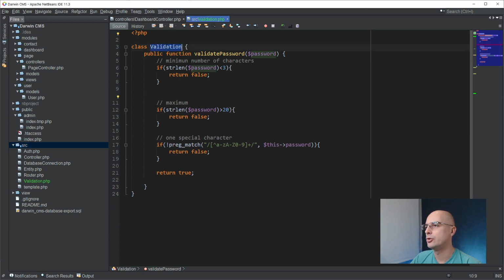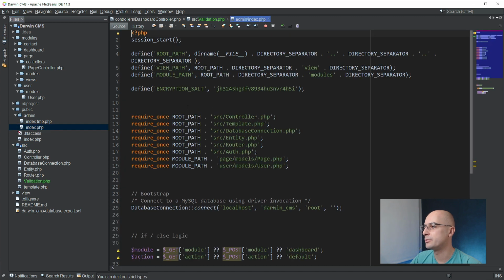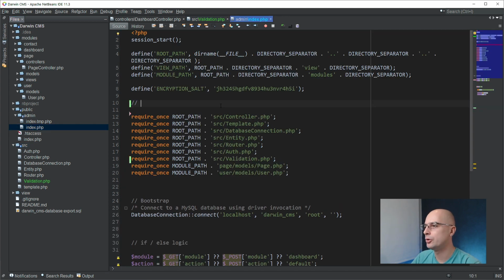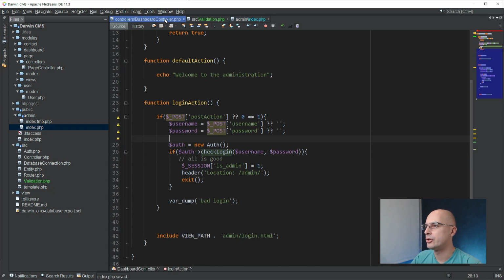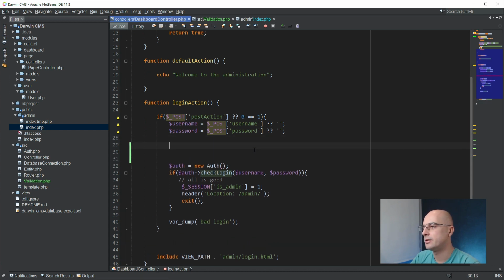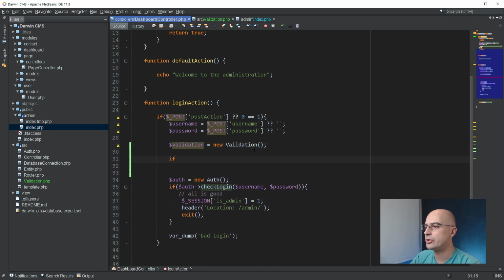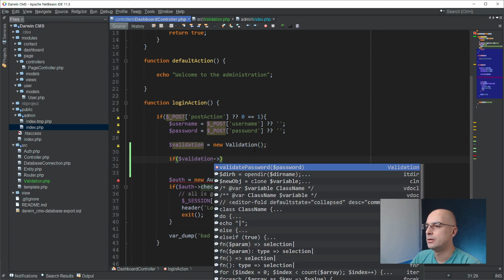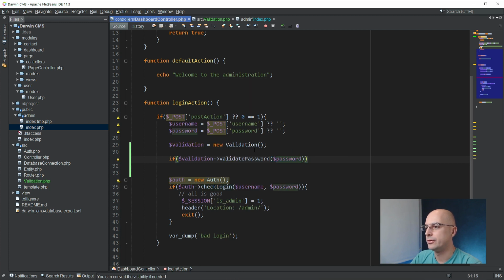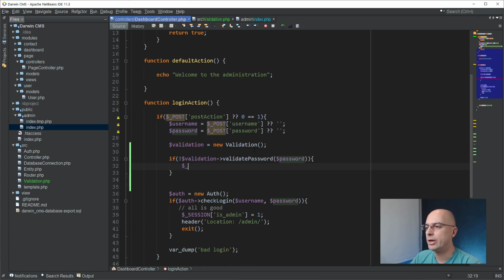And now we can actually use this validation as soon as I import it inside of our index module, index.php, sorry. And I'll just put one to-do here to move these imports to a standalone function, and we will cover that in one future video. Auto include. Now, since we have validation available throughout our application, we can just check it here. And here we can say that validation equals new Validation, right? And we can just check that if validation validatePassword, or rather if not validate, we can for now just